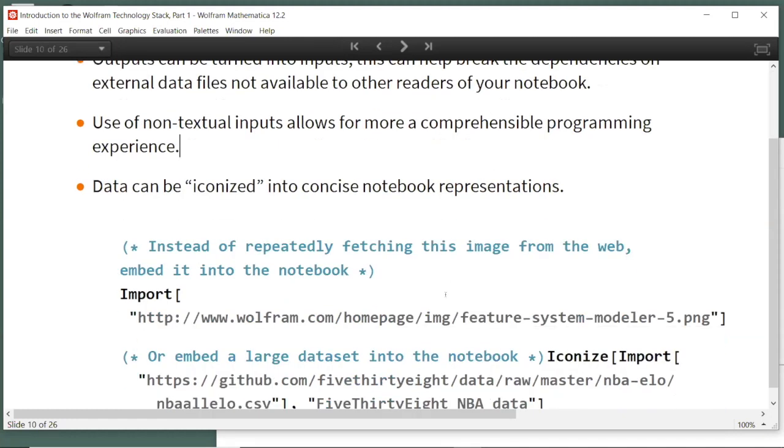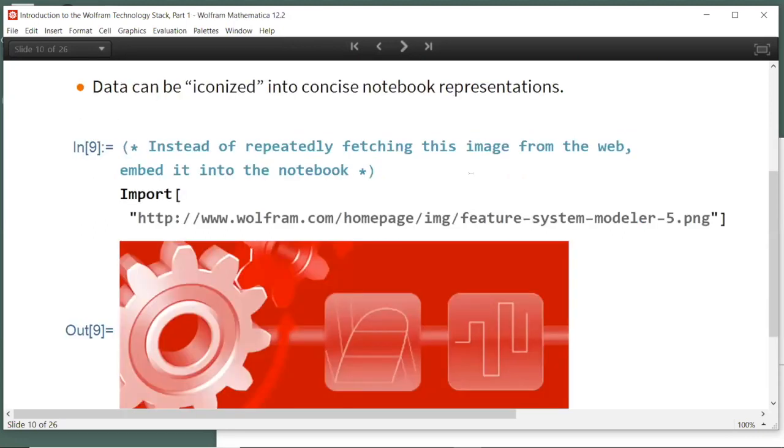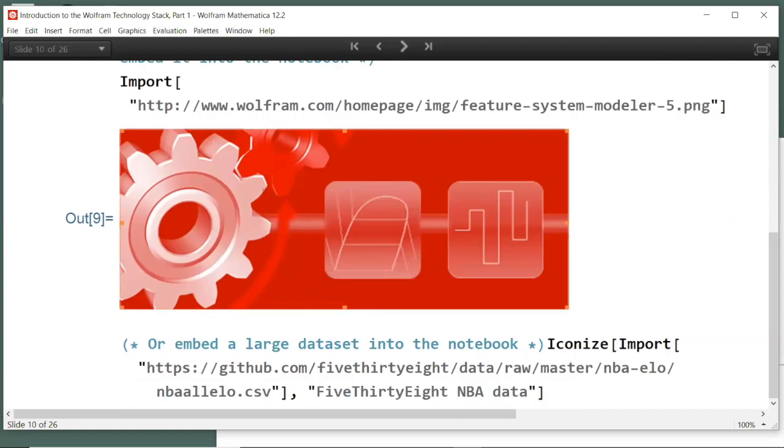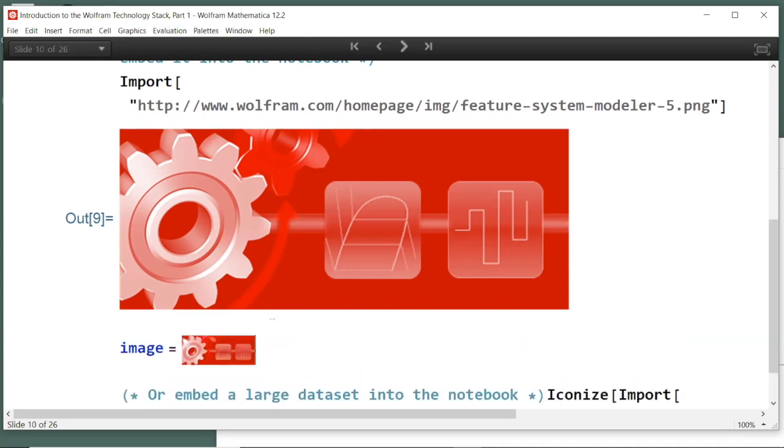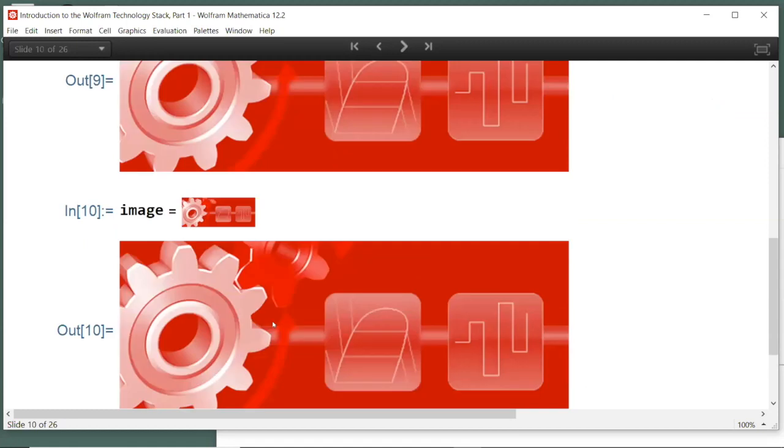So here's one example where we're going to import an image file. So this is just an image where the output is an image. And again, I can copy and paste this output, and I can just turn that into an input if I want. So if I want to say image equals and then I'm just doing copy paste here, literally Control C, Control V. So that for the next time, if someone else wants to run this,